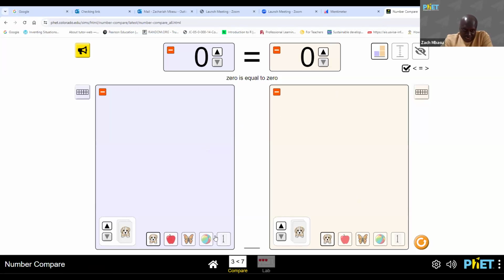We have objects of different varieties that you can select of your own choice. For example, you have puppies, apples, butterflies, a ball. You can use them to represent the numbers that are brought here. And then you also have another option here for